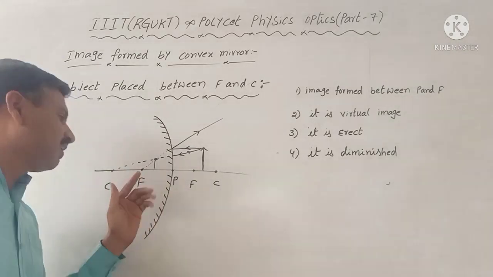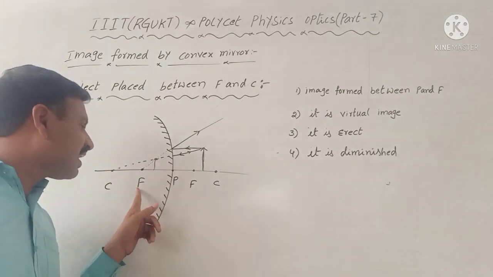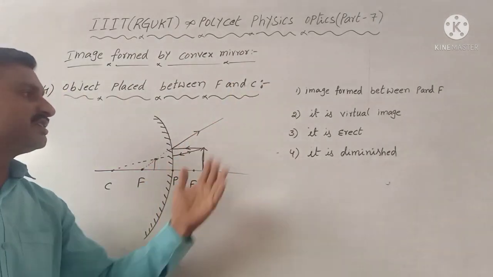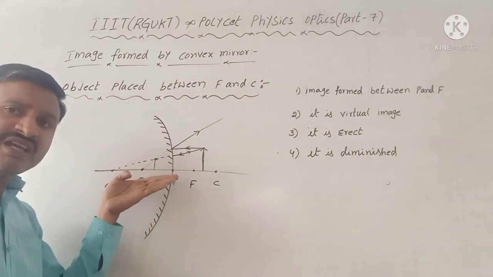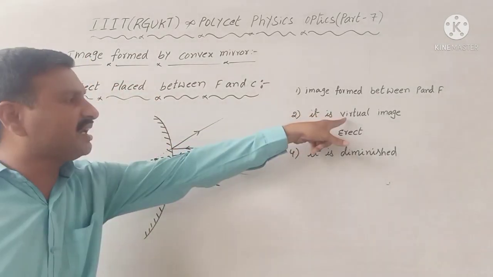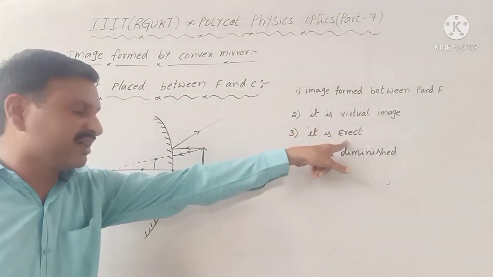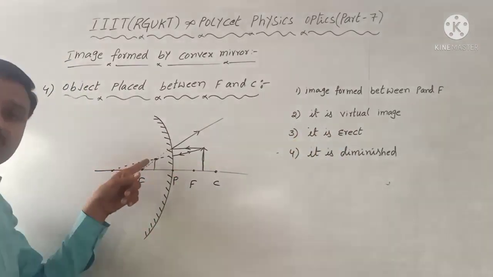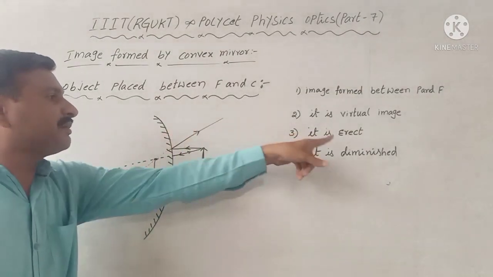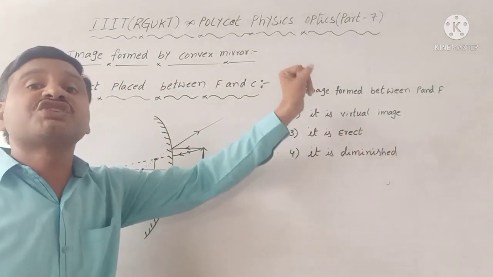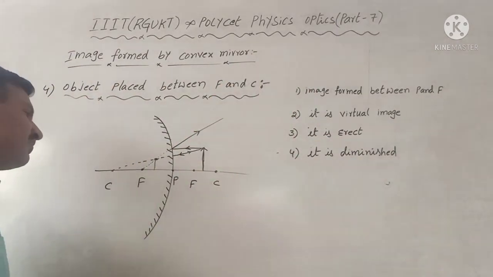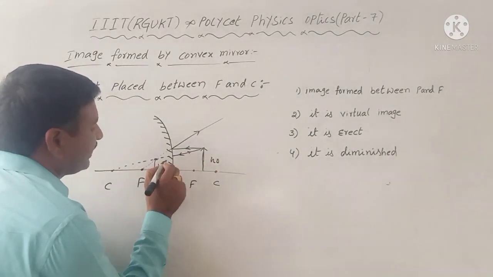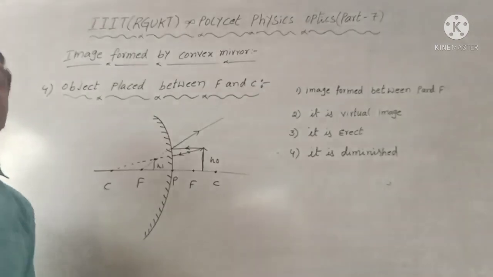Where is it formed? Again the image is formed between P and F. So it has the same characteristics. It is virtual. Virtual means images formed above the principal axis. That type of image is called virtual and erect. Here the extended light rays are meeting. When the extended light rays meet, which type of image forms? Virtual and erect images are formed. Compared to height of object, height of image is very small, so it is a diminished image.